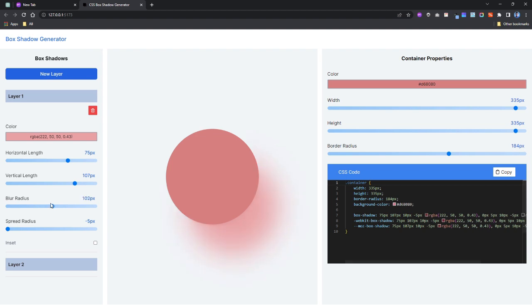Now this is the blur radius, so how blurry your shadows should look. And then this is the spread radius, so how big or small your shadows should be. Now there is this inset property, which is going to place your shadows either inside the container or outside the container. Right. So these are all the properties you need to apply a box shadow on an element in CSS. So we are going to take this and then add a UI to it to make it look like